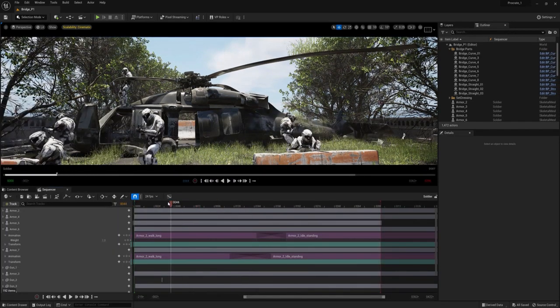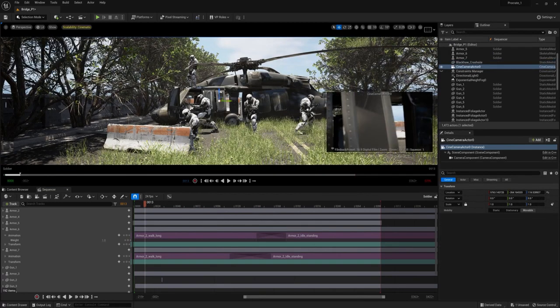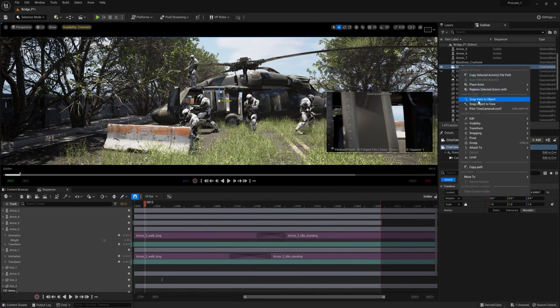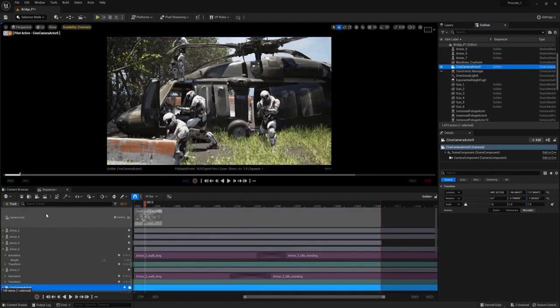And now it's time to set up our camera and render. Click on that little cube in the top right, go down to the cinematic category, and add a new Cine Camera Actor. And then find the Cine Camera Actor in the outliner and right-click on it, and snap Object to View. Now the cinematic camera is aligned with the viewport view. Drag the camera actor from the outliner into the sequence with all the soldiers, and now we can adjust some